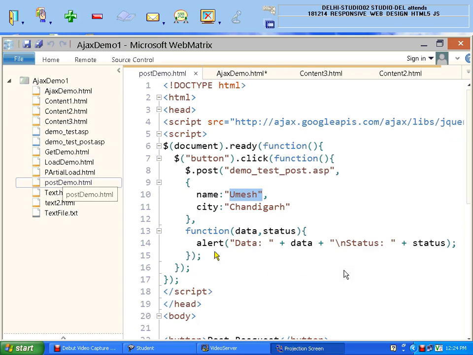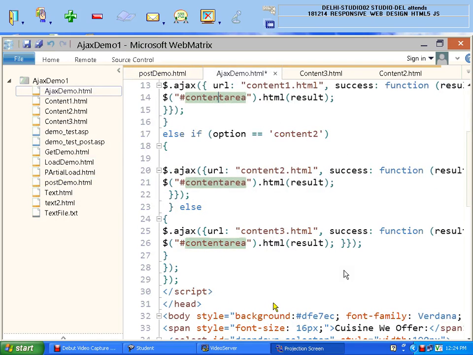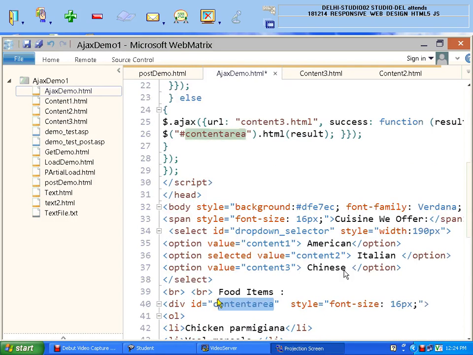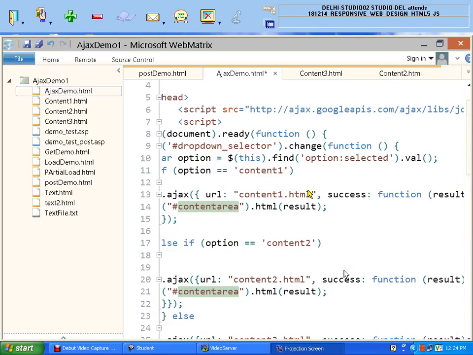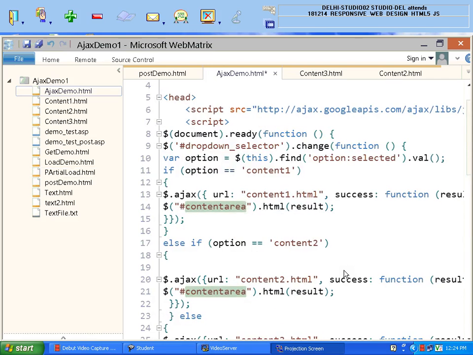So here I have a content area, and what I am trying to explain here is the URL content.html. If success, then do what? It will add the content inside the content area. And what content? I said I want to display the result.